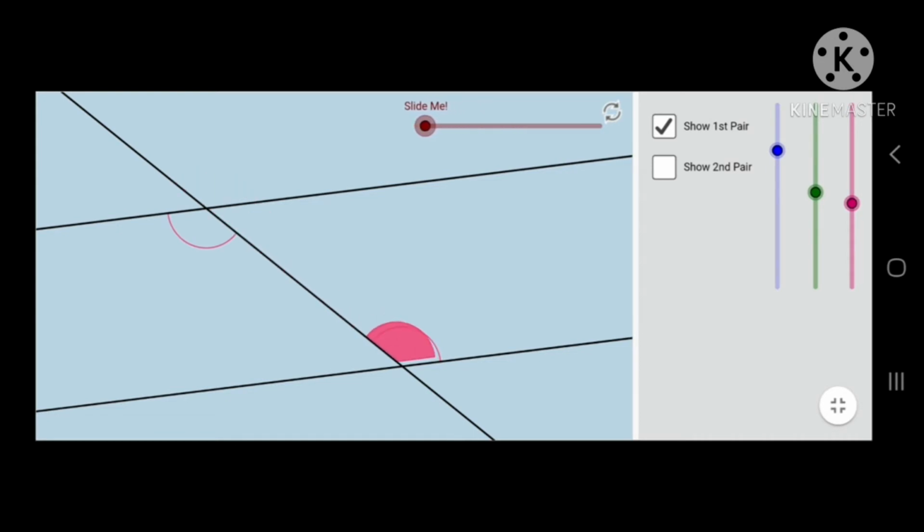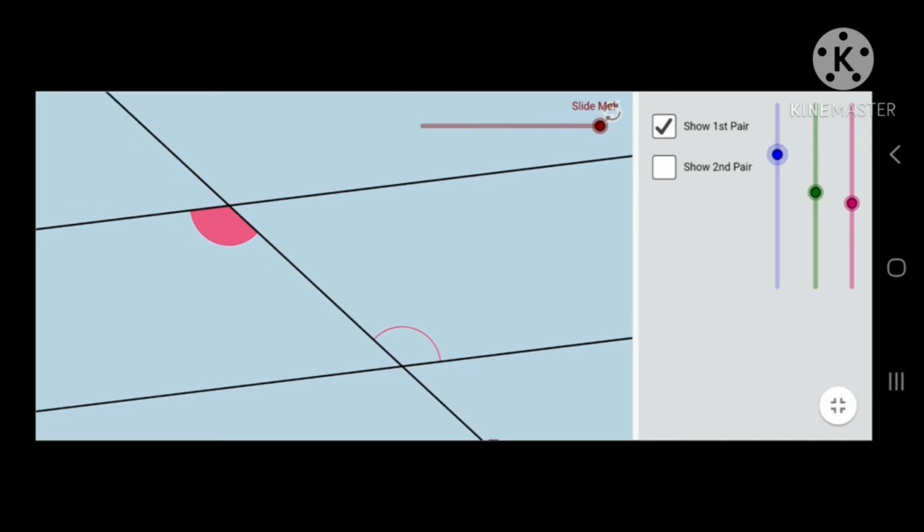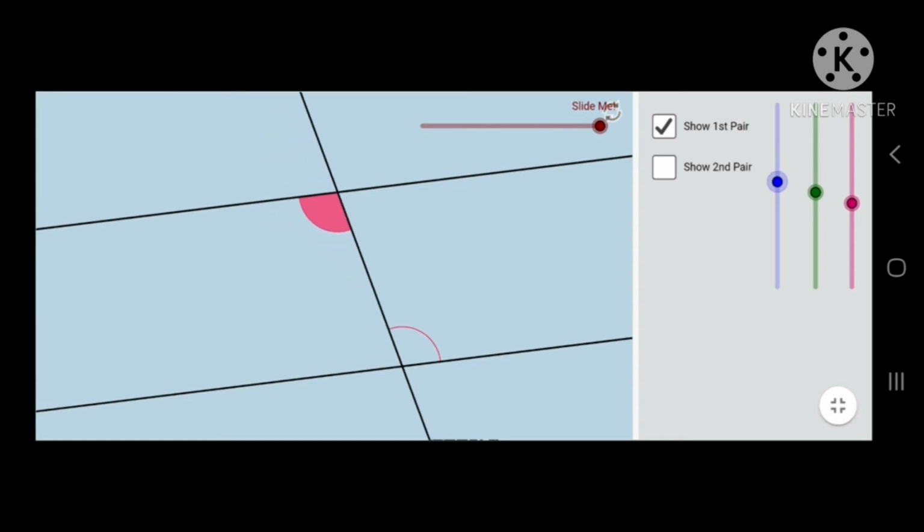Again, let me repeat it. This is the corresponding angle and it's vertically opposite. As you can see here, corresponding angles are equal and vertically opposite angles are also equal. As you can see here, these are the vertically opposite angles. So you can see here the alternate interior angles are also equal. The same thing, as you can see, this is the corresponding and this is the vertically opposite. So here we can see that alternate interior angles are equal. The lines may be in any direction, they will always be equal.